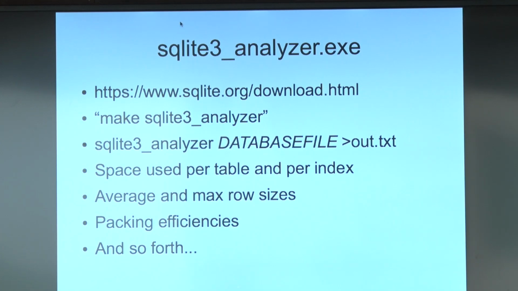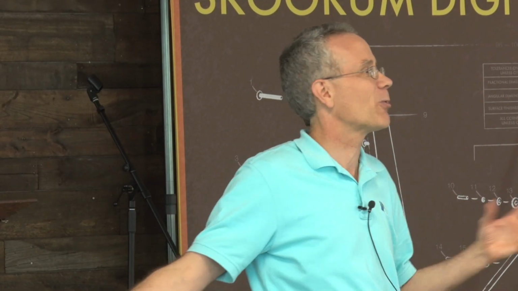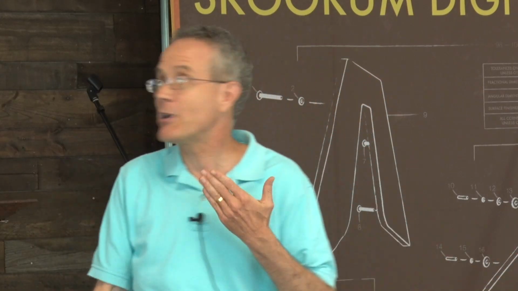If you ask them, which of your tables is the biggest? They'll give you one answer, and then you look, and it's really a different one. It's kind of the same way with profiling. Most people have this sense of what part of the code is going to be running slow. It turns out that part's really fast. There's some other part over here that they weren't worried about that's running slow. Same kind of thing. SQLite 3 Analyzer will show you which tables are using a lot of data, and that's